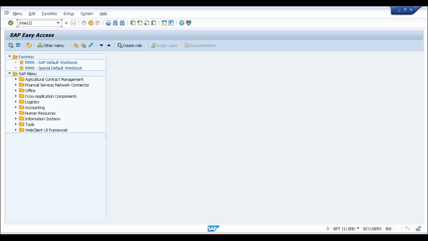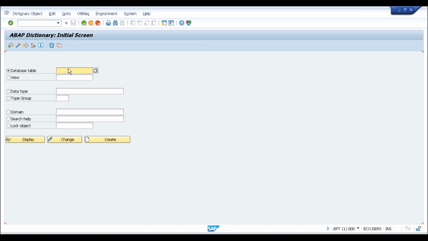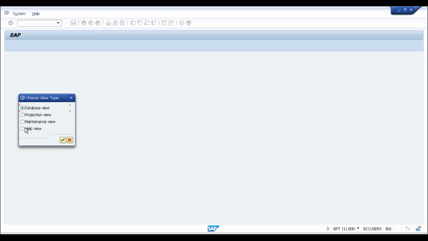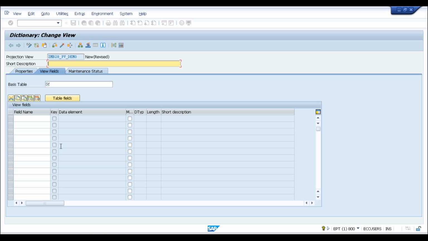Go to SE11. This is the transaction for the data dictionary. SE11 is the T-code for the data dictionary, a very important T-code. Go to view, and here ZMB28 is our prefix and projection view, PV demo, I'm going to create. Click on the create button, and I'm going to select the second option because I'm going to create the projection view. And now the projection view demo,